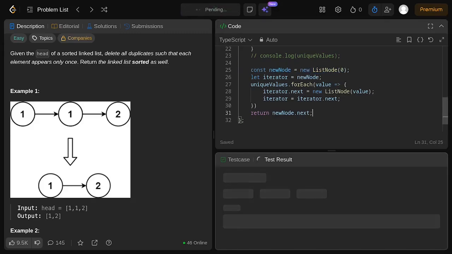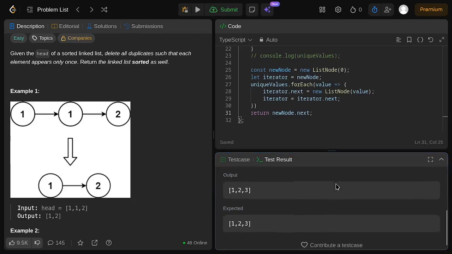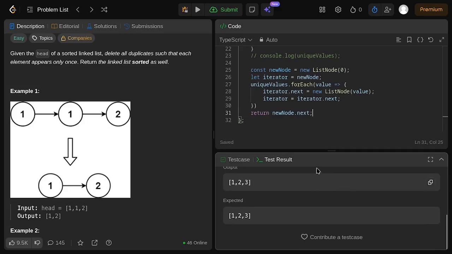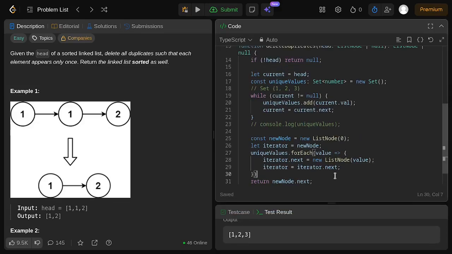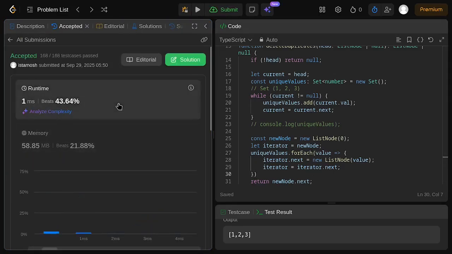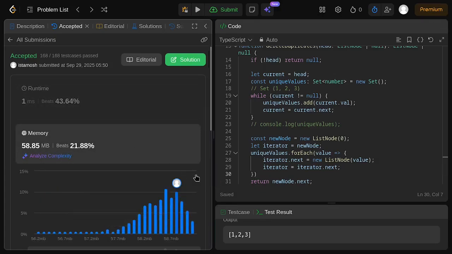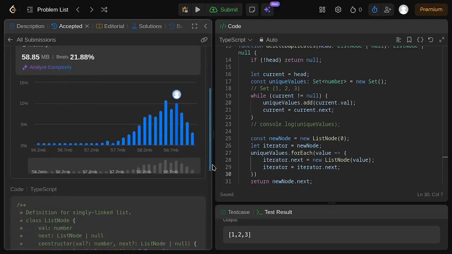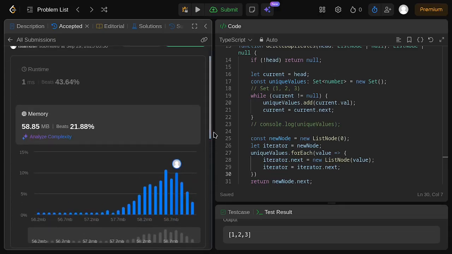So let's run this again to see if it works, and we have the accepted answer. How about submitting the code? And we have a runtime of 1 millisecond and the memory usage is 58. So if you want to stop the video right here, then go ahead, but I will show you the most